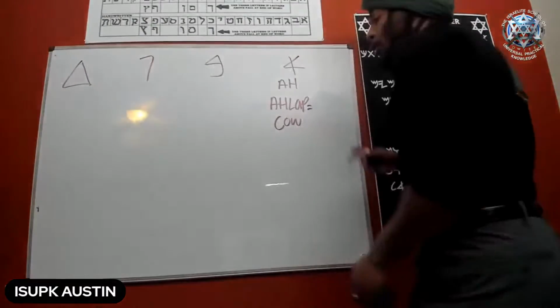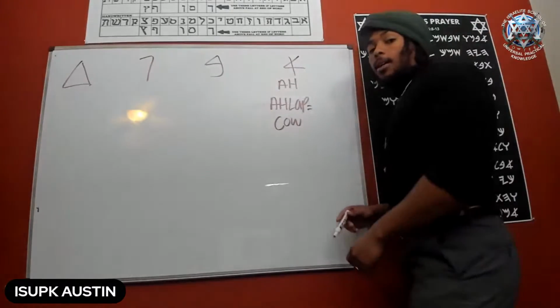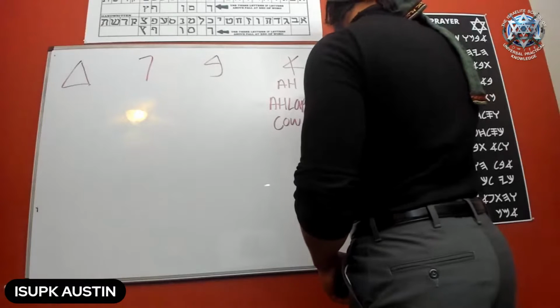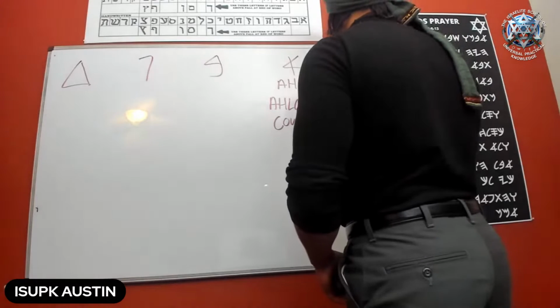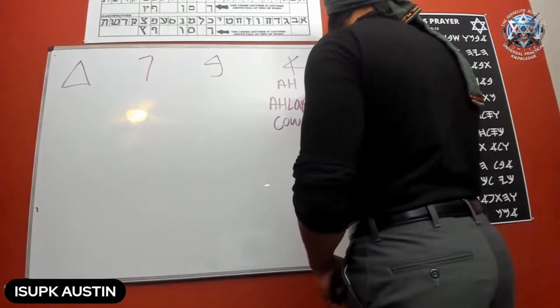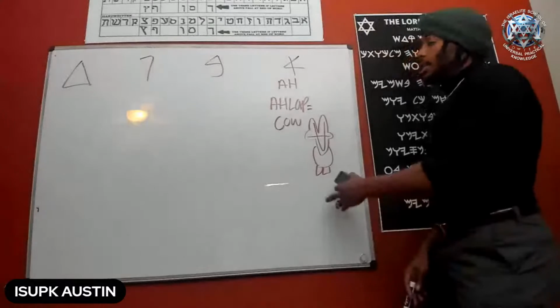I'm gonna draw it straight up. So see, if I drew it, it's like this, right? Sideways. So if I drew it straight up like this, boom, I just outlined it. Horns, ears, boom, boom. I can draw even the body with it. Or some legs to it. See, that's better? That is the cow, Aleph.